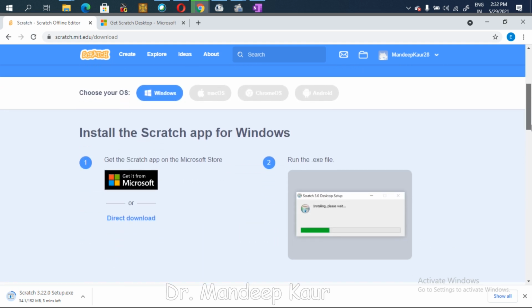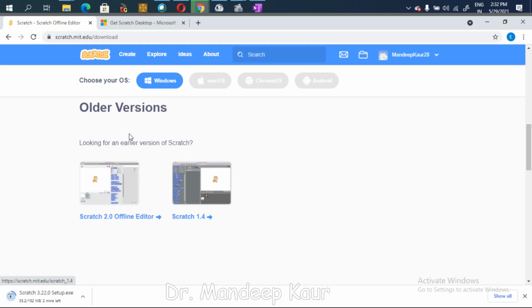The older versions are Scratch 1.4 and the Scratch 2 offline editor, which work on the previous versions of Scratch. You can even select those two, but of course the new versions have more added elements, so I'll recommend using the third version, that is Scratch 3.22.